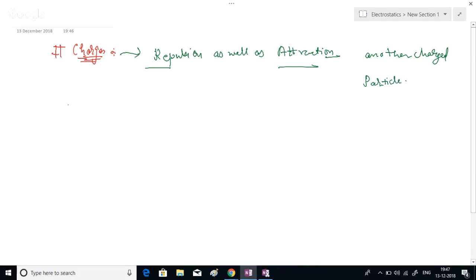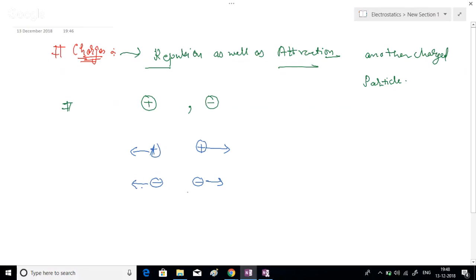Correct. Next, what are the kinds of charges? There are two kinds of charges: positive charge, and the second one is the negative charge. Correct. So what is happening between them? Similar charges are going to repel each other, like plus plus will repel, and minus minus will repel. Correct. And what about the opposite charges? Opposite charges will attract, so plus and minus will attract each other, right? So here I am having repulsion, here also I am having